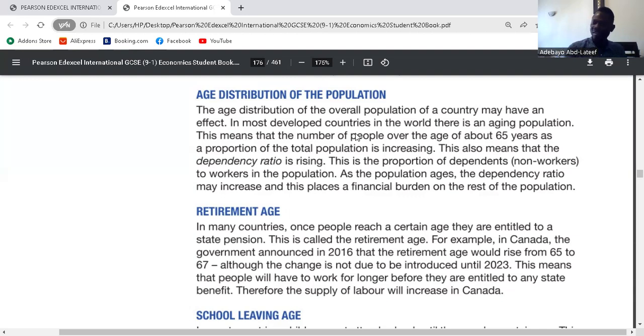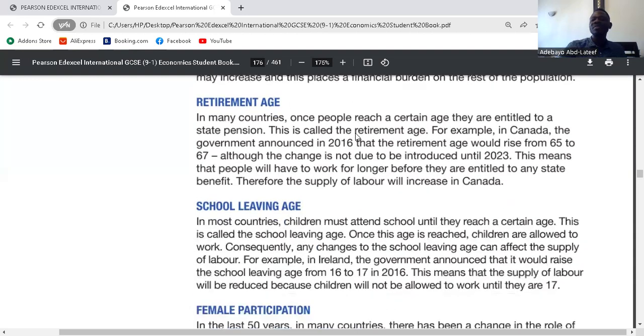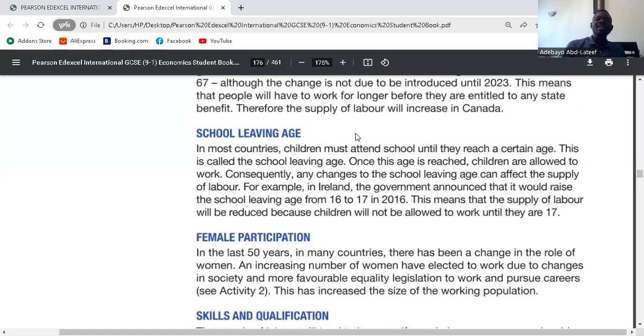Clear? Yes. School leaving age. In most countries, children must attend school until they reach a certain age. This is called the school leaving age. Once this age is reached, children are allowed to work. Consequently, any changes of the school leaving age can affect the supply of labor. For example, in Ireland,